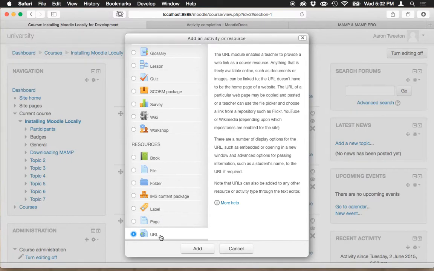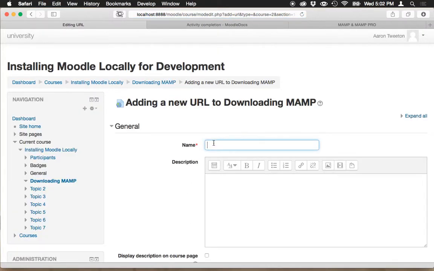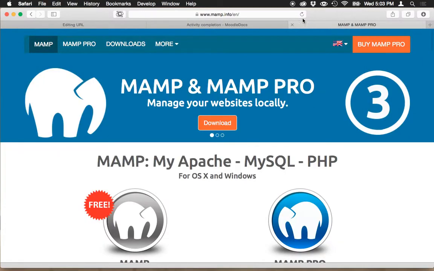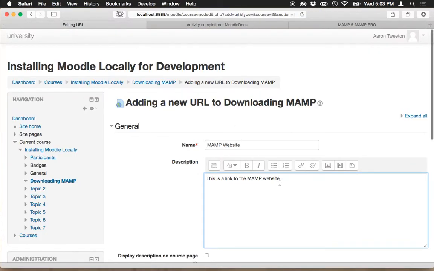So we're going to go down to the very bottom and select URL. And what we're going to do is have a URL to the MAMP website. I'll type in MAMP website. This is a link to the MAMP website. By the way, as a little disclaimer, I am in no way endorsing MAMP, but